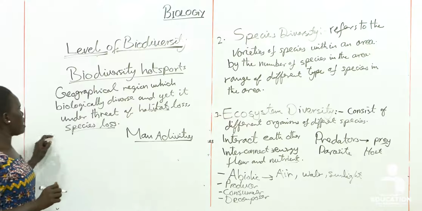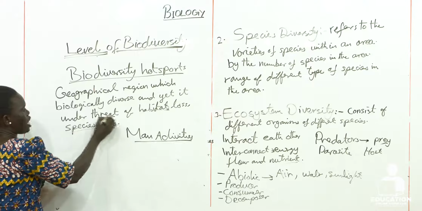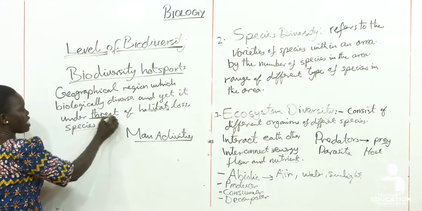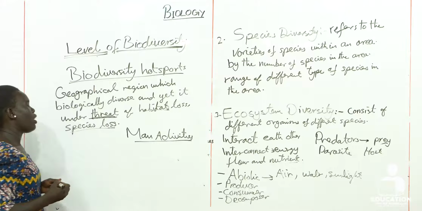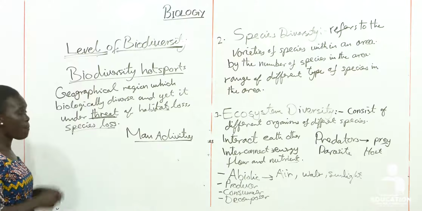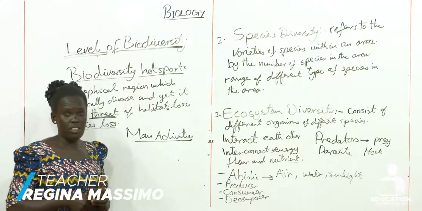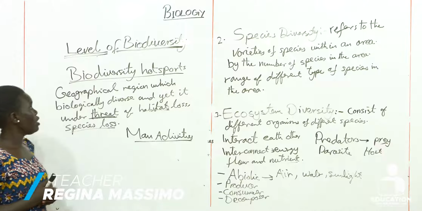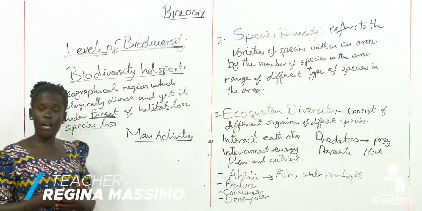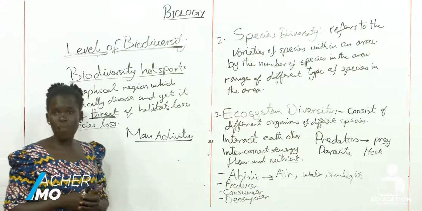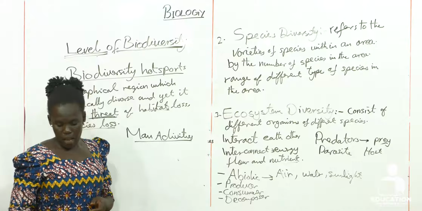So next time we shall come and talk about these threats to biodiversity. What are they, how do they happen, and what are the consequences of these threats? Up to here we are done with our topic of today, levels of biodiversity. We meet next time in the next